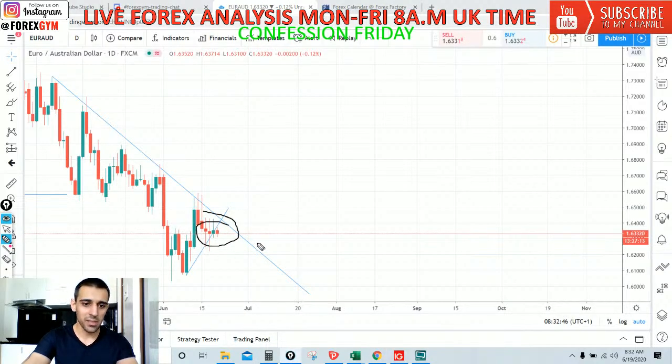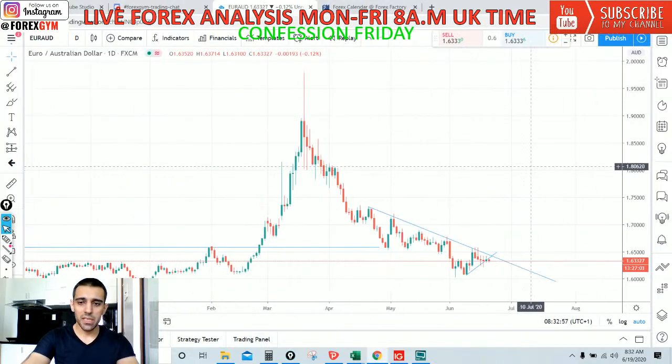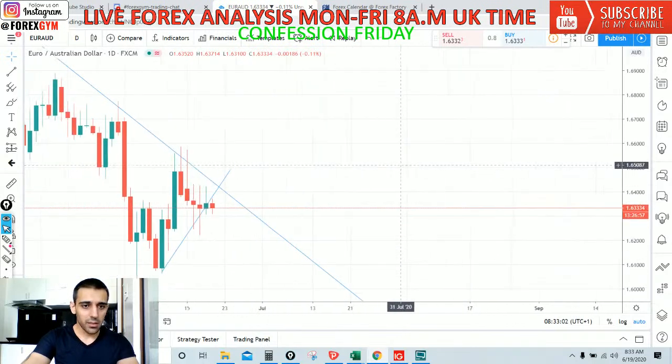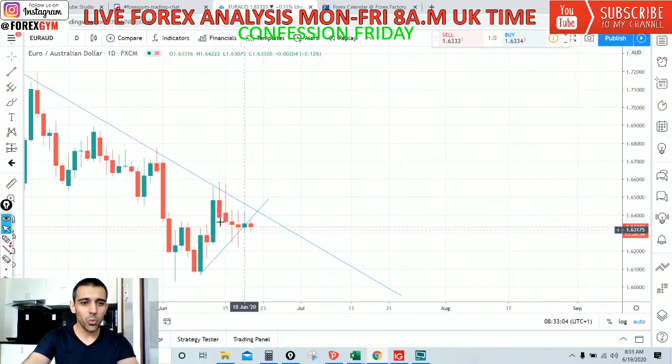Look at the candles. I think I looked at this one 2 days ago, and it was somewhere around this candle. It was already looking not good, and now it looks even worse. Maybe today's news is going to start moving the markets. It's squeezing inside this wedge, and we can see that it's not getting away from it. Yesterday we still managed to close inside that wedge pattern, and then obviously we open now.